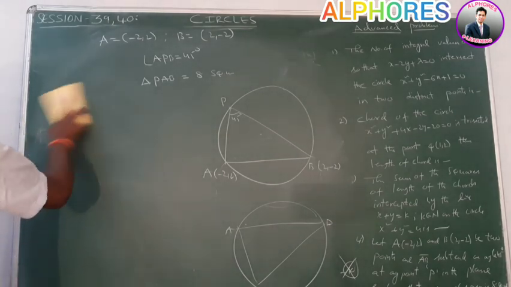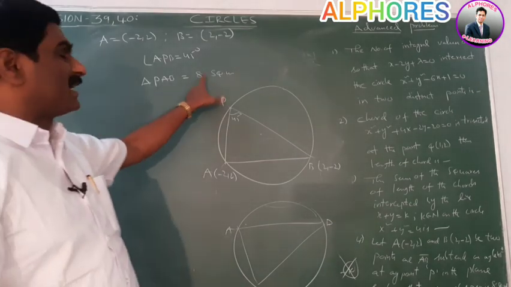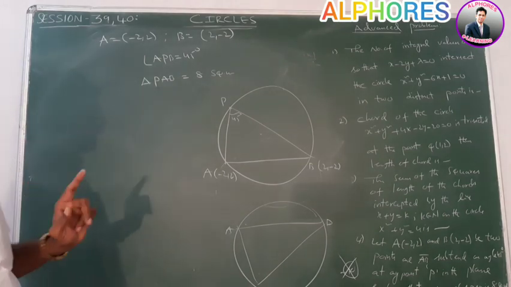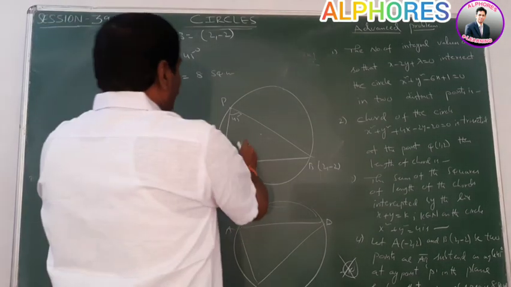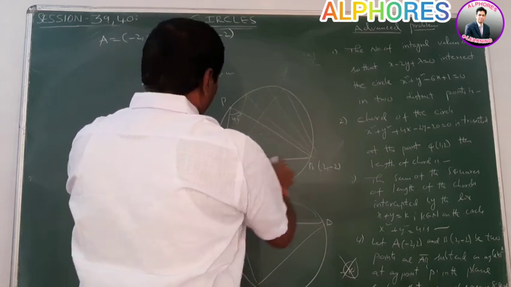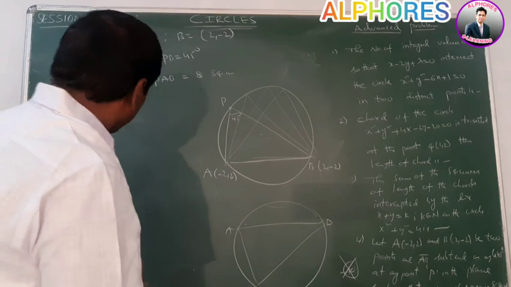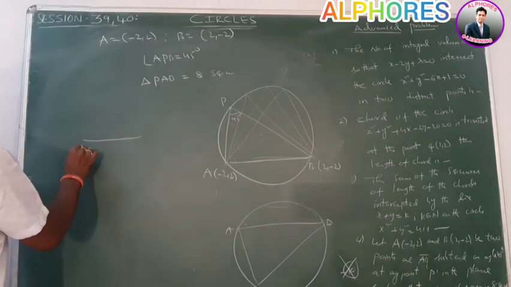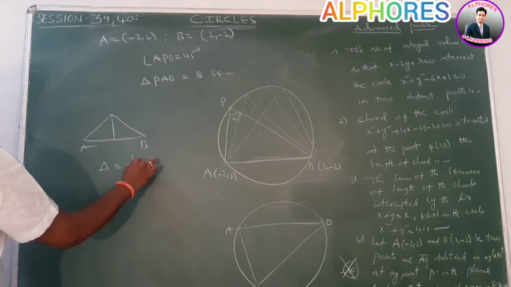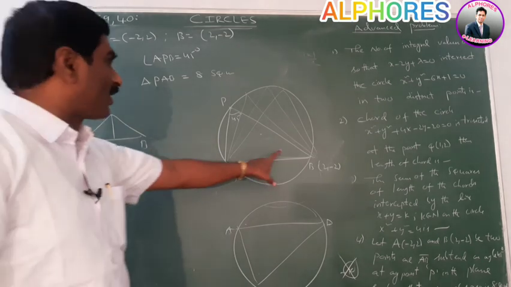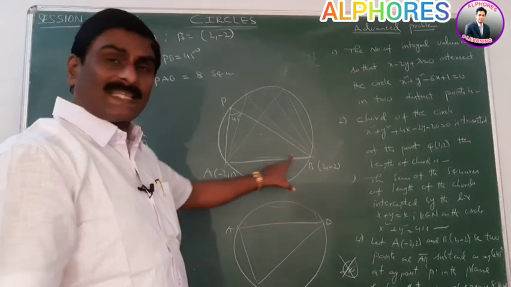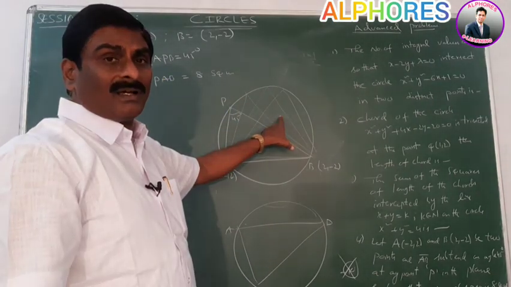Now, the area of the triangle PAB is equal to 8 square units. Now find the number of possible positions of P. Please observe this point. The angle in this segment is always 45 degrees. At any point this angle is 45 degrees. Here AB is constant. For the area of any triangle, area is equal to half into base into height. Suppose AB is the base and this is the height, area of the triangle is half into base into height. Here the base is always constant for any triangle APB, P is a variable point. For any point P, the base is the same, height changes.